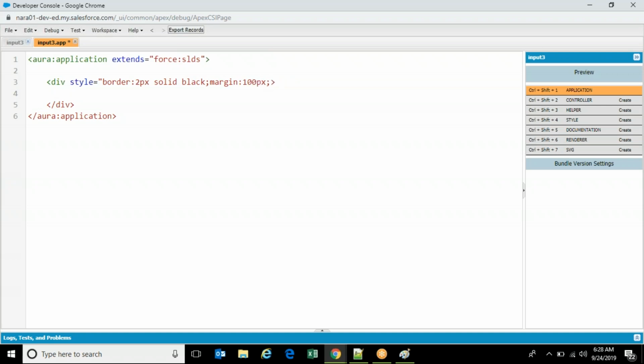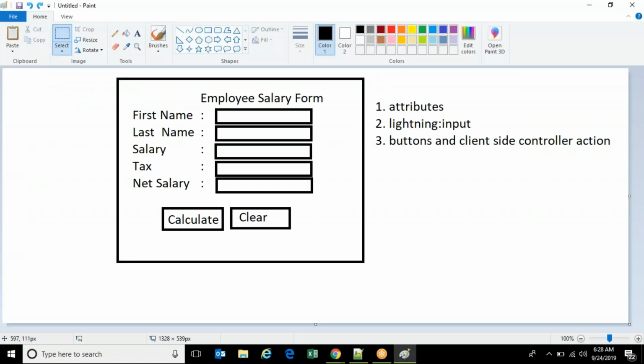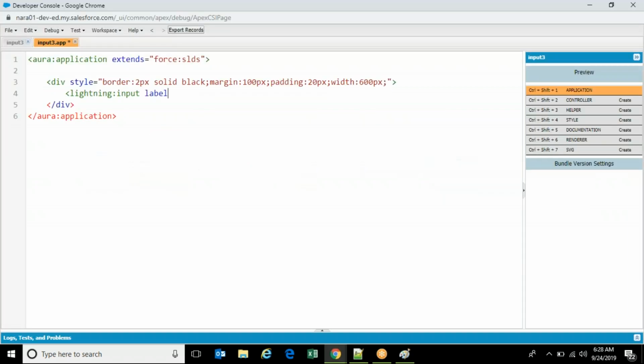Inside the div, I would like to give an additional 20 pixel space, and you can also give the width of the div tag. Inside the div is the lightning input. Label equal to first name, and the type